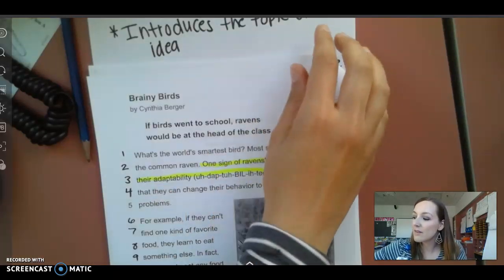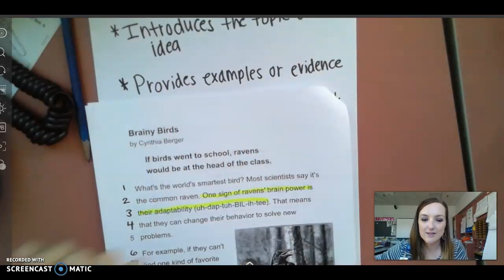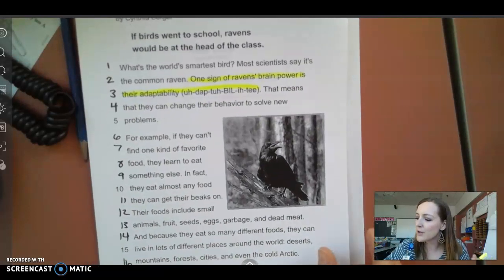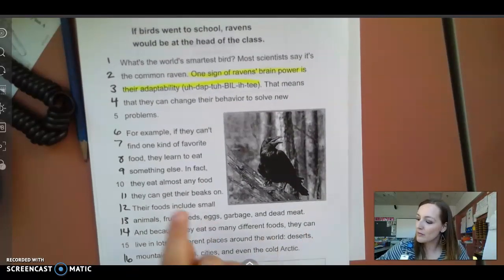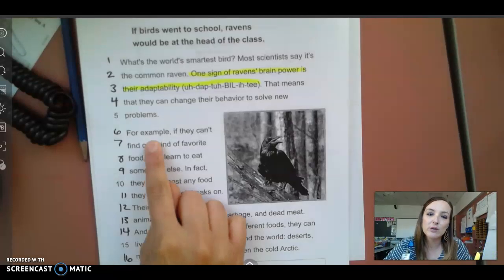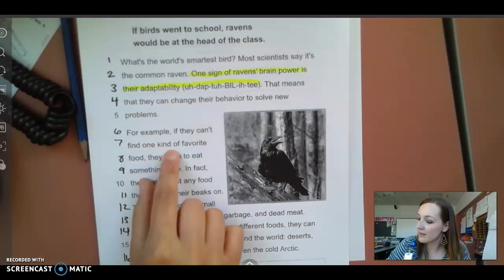The next part of an effective explanation is that they provide examples or evidence. So let's see if we can find that. Now, I heard the word example. I'm also seeing the word example. So authors, when they are writing an effective explanation, they'll include kind of like a clue word that helps you to figure out where it is in the text that we're looking for. So the author says on line number 6, for example, if they can't find one kind